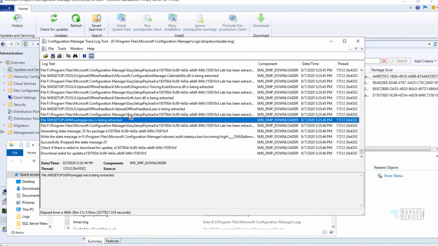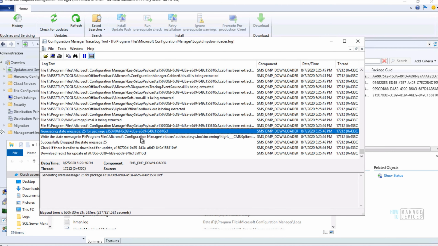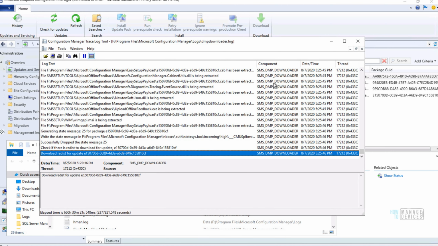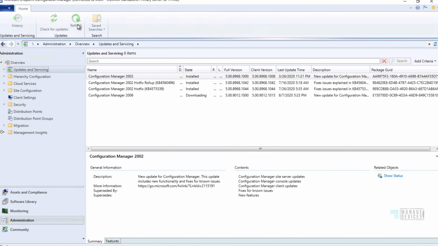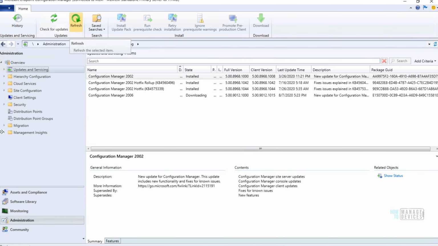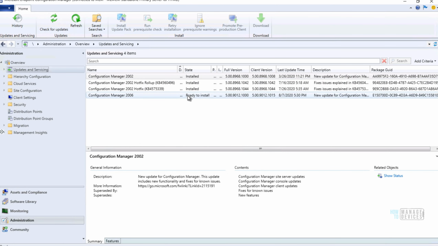In my scenario, I'm upgrading the primary server, which is on the 2002 version of Configuration Manager current branch, and I'm upgrading it to the 2006 version that was released recently by Microsoft.